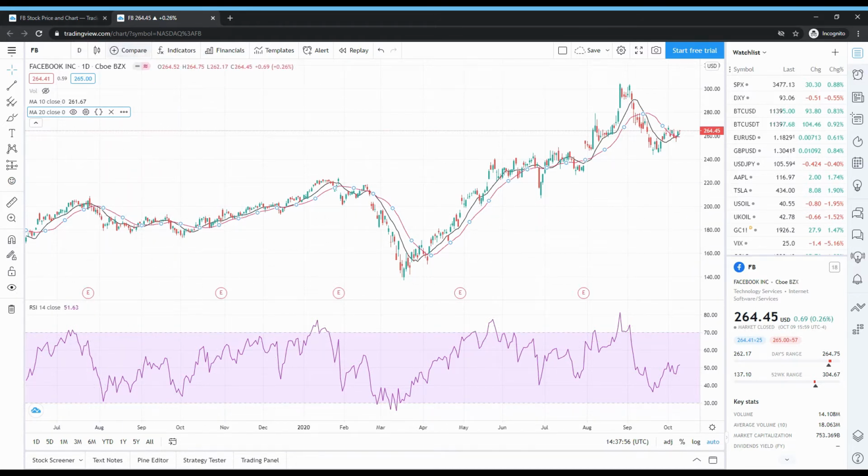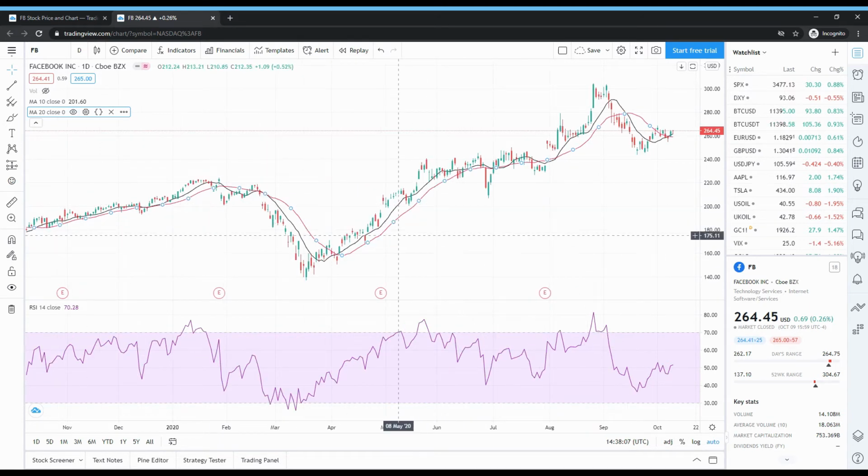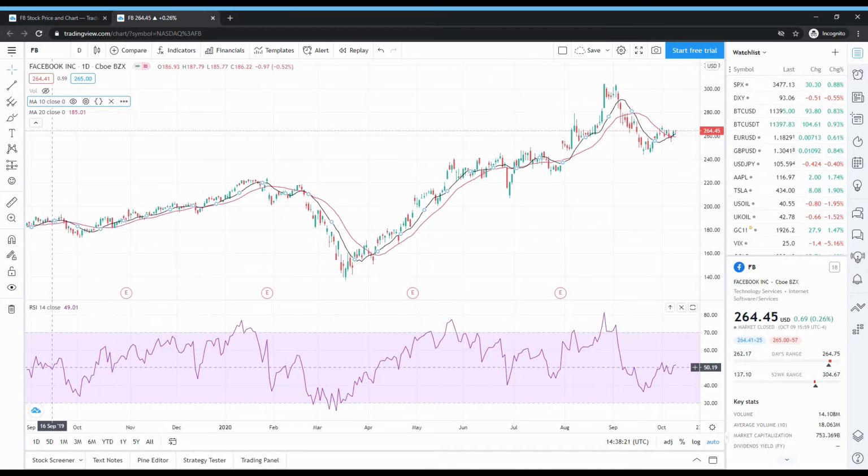As usual, you know how to do those things in TradingView. Just go to indicators and select those. And as a reminder, we always color code whatever we do. So here the black line represents my 10-day moving average, and the pink line right over here represents my 20-day moving average. We are using candlesticks for better data representation. So here we are going to use RSI.